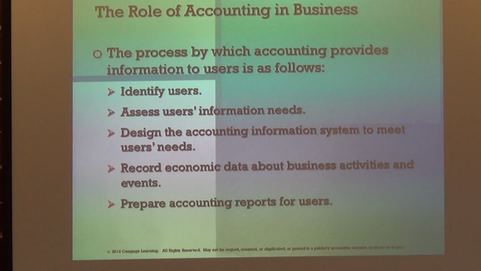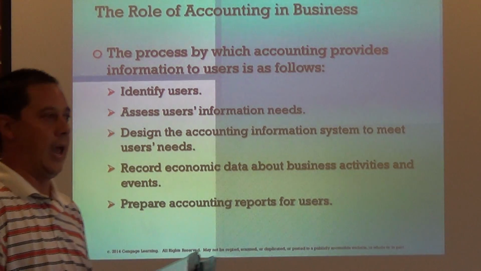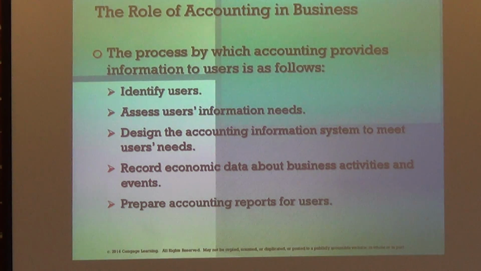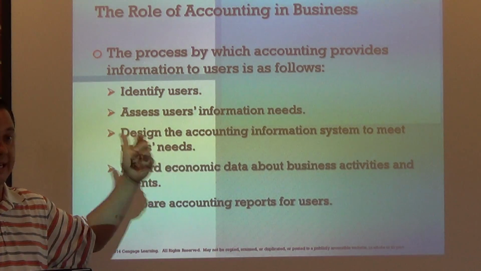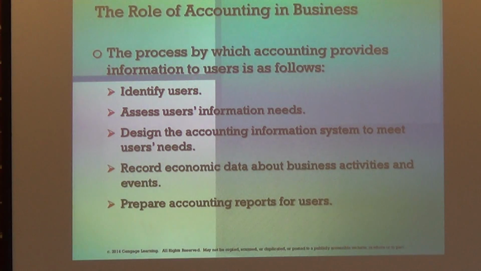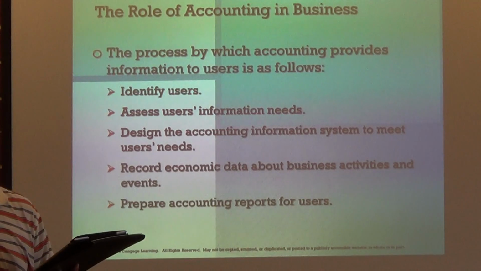Now, if it's for the public, well, we have standards, and we'll get to that in just a little bit here, of what is required as a part of that. But if it's for internal users, we want our managers to be able to use this information to make good decisions to help the business. And so that's what we want to do. So we also want to assess the user's information needs, what they need, define the accounting information system to meet those user needs. So we sometimes need to go out there and find different things that we can use to help the managers. So there may be different accounting software out there. You've probably heard a lot of them. Even just the basic ones like QuickBooks,